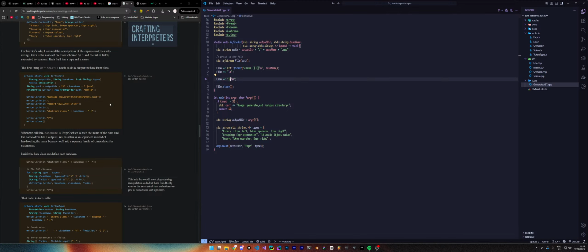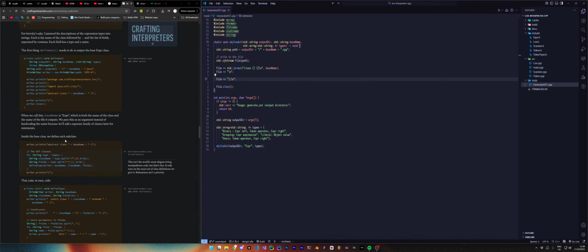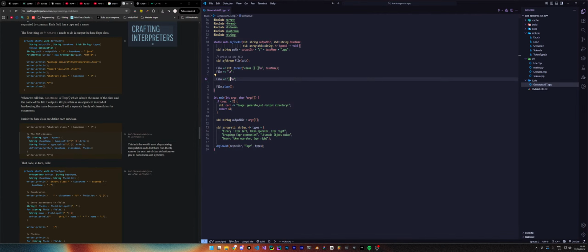When we call this, base name is expr, which is both the name of the class and the file out virtual path. That's what now goes up there. So the base class, we define each subclass. So let's see what happens here. We loop over the types. We split it at